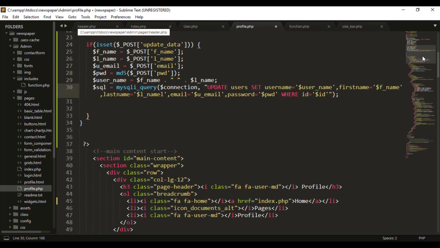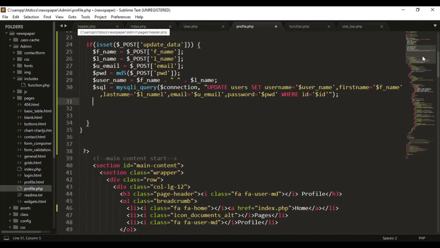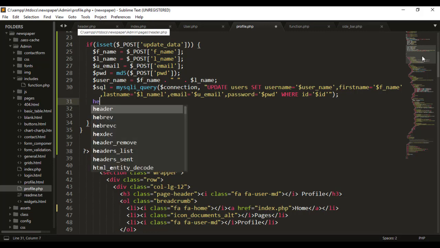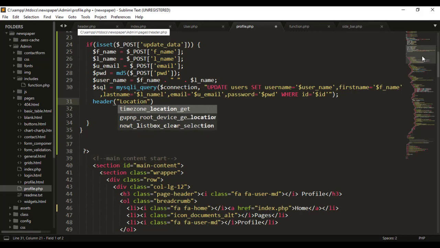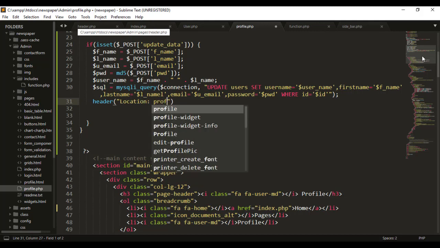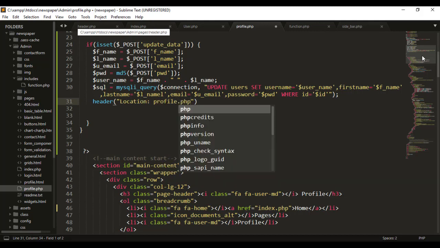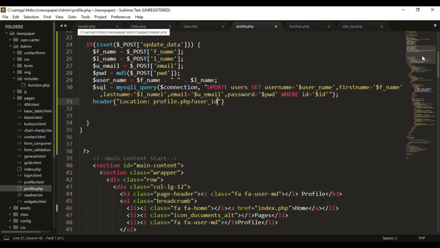Okay, so once that is done, header location colon profile.php?user_id= the id. Okay, so let's try that out, and I'll go back to the administration folder, and in the profile.php,